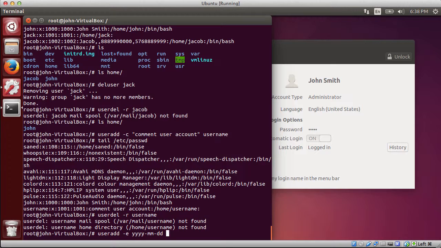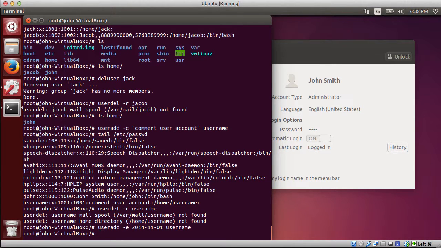If I actually type that out, let me go ahead and delete that. I could put the year, 2014, and the month, maybe we're setting it for November, and it'll be the 1st, right? So you make sure you follow that format, and of course then you would add the username here. So if we went ahead and just clicked enter,